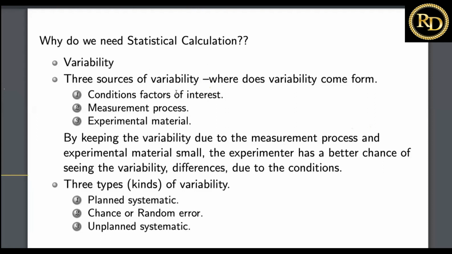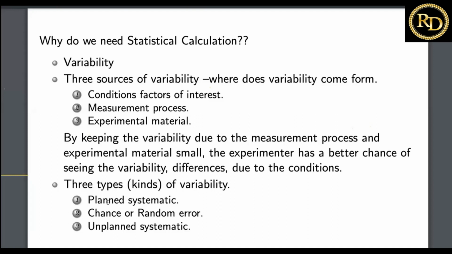One is the variability because of the conditional factor of interest, meaning the data is showing the variability. So the population must have some inherent conditional factor of interest. That is, if the patient is hypertensive, obviously his blood pressure will be on a higher note. And there are various other disease factors because of which the blood pressure will be on a higher note. But the variability can also come from the measurement process, or by which material you are measuring that particular thing. So as a researcher, what we should focus on is that the variability because of points number 2 and 3 should be minimum whenever we are doing any research.